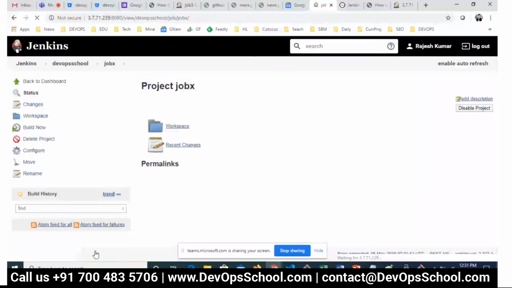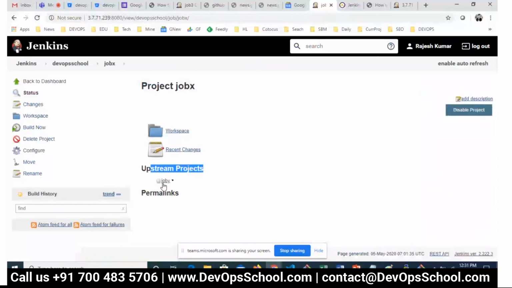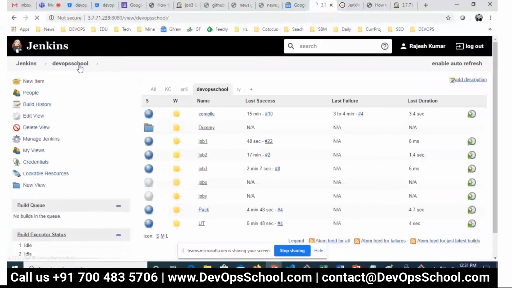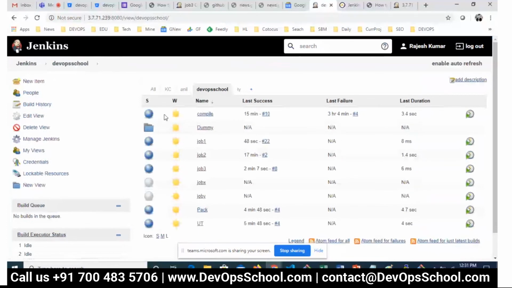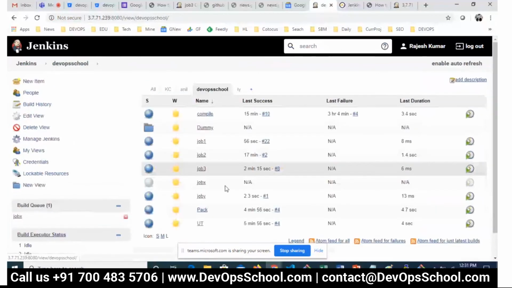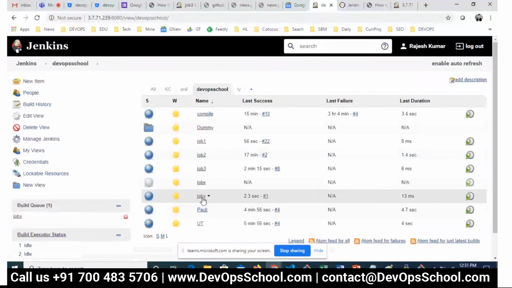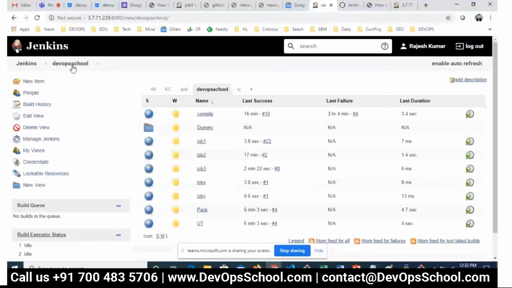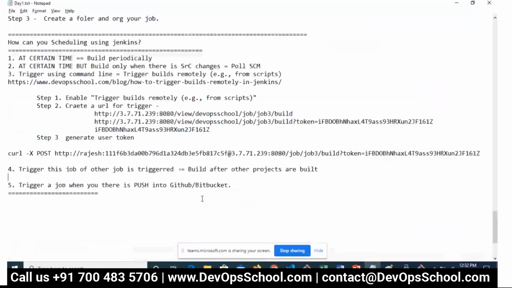Done. Refresh it. Now you see upstream project job Y. Job Y is not triggered, and job X is not triggered, you see here, but I will trigger job Y, and you see the magic. So I am triggering job Y manually. Build now, and here you see job Y is done, and now can I refresh this? See, job X is also done. So simple, right? This is one of the scenarios. You have one more scenario which you can use in the use cases.